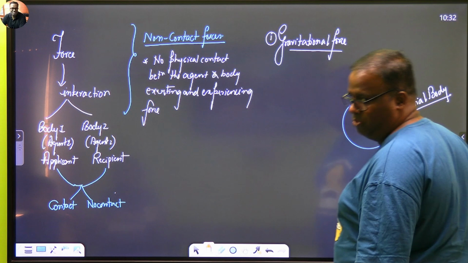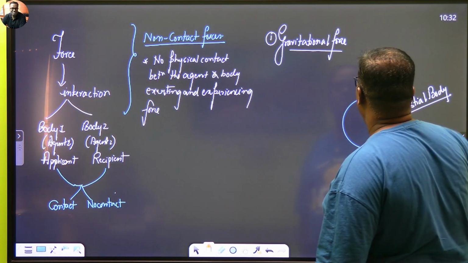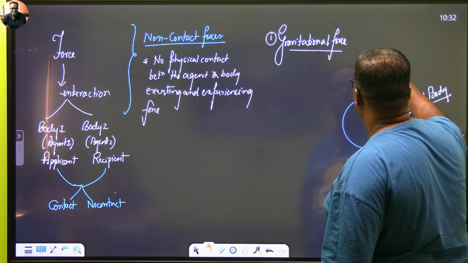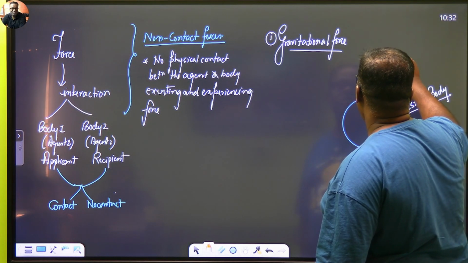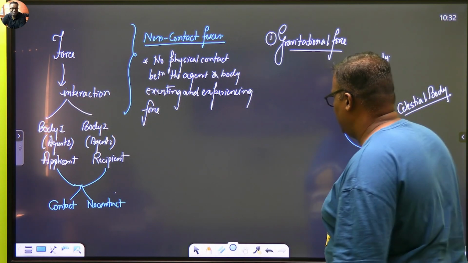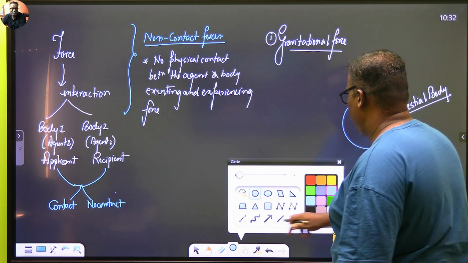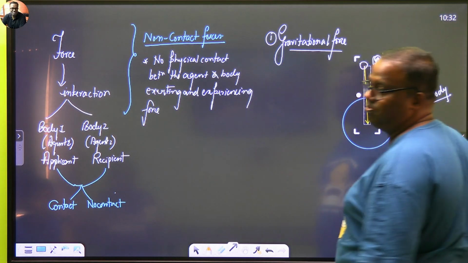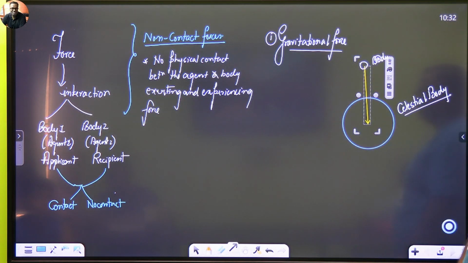Every celestial body, later on you will see, and say this is another body. Every celestial body will attract every other body with a force towards its center, and this force is known as gravitational force. There is no such thing that only Earth will do it, the Moon will also do it, Uranus will also do it, Jupiter will also do it,